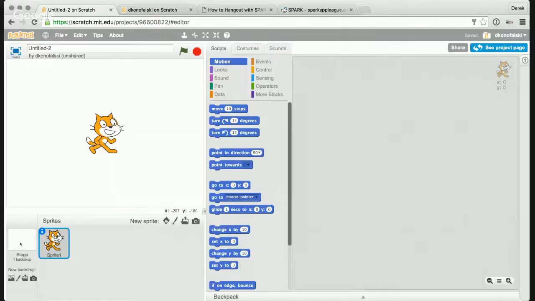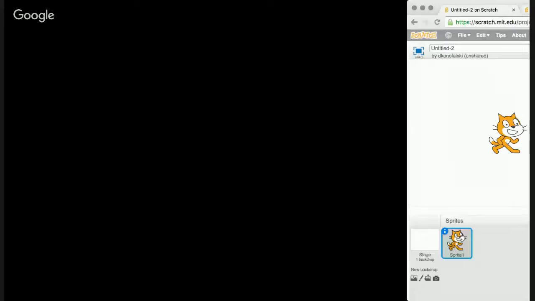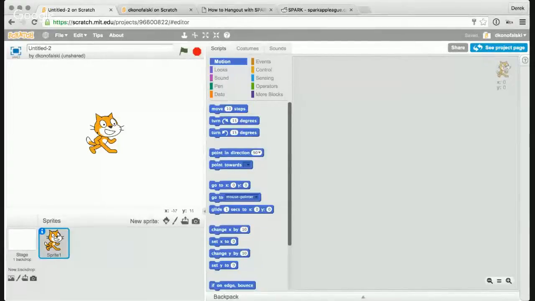They don't actually do anything except set up the level or the stage of the game. Does that make sense? Yes. Okay. So to start, the first thing that we're going to do is get Scratch the Cat to move around. Okay. If you look in that blocks area under script, you'll notice that we're under the motion